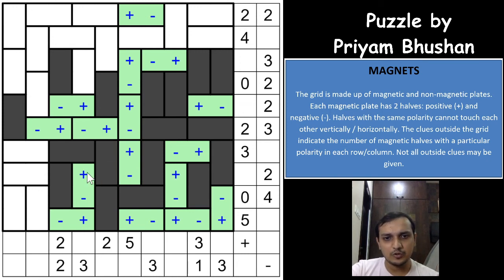Superb. Negative and positives adjacent to single cell, which means that one of the positives will have to be in this cell, right? So you need one positive is already there, you need another 2nd positive here, and it cannot be here because you already have a positive symbol here, which means this has to be a magnet, and this will be a negative and this will be a positive, right? And okay, this is also done.